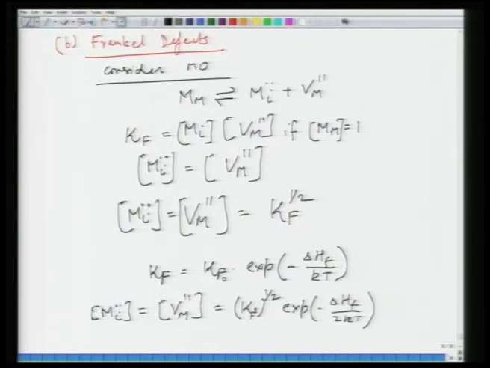So, again you see similar sort of expression where concentration is related to exponential minus delta Hf by 2 Kt, similar to expression that we derived earlier, and again there is no dependence on partial pressure of oxygen. So, concentration independent of PO2. So, depending upon which defect dominate in the stoichiometric state, in both cases the defect concentration is independent of